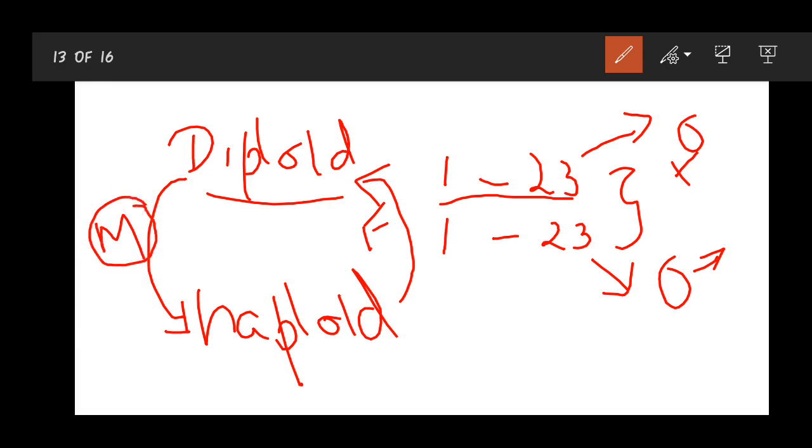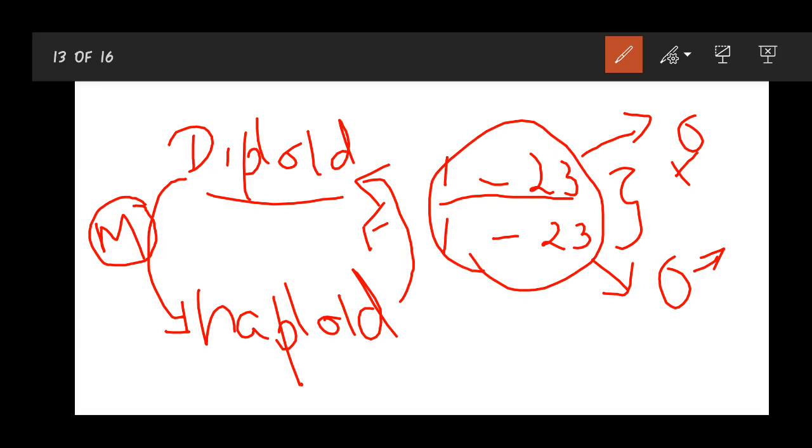This occurs in the diploid cells which will form the ova or the egg. They will undergo the process of meiosis. So here comes the difference between meiosis and mitosis. After mitosis, the resulting cell is the same as the parent cell, but in meiosis the resulting daughter cell will have half the number of chromosomes of the parent cell.